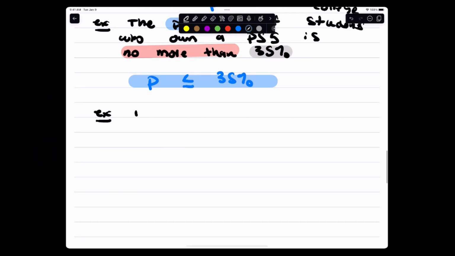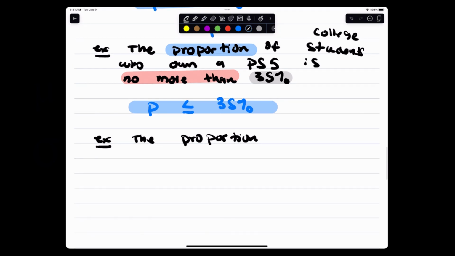So what if I say this one? How about this? The proportion, let's really make people mad, right? That's really Xbox versus PS5, you guys don't know how many arguments people have had. The proportion of college students